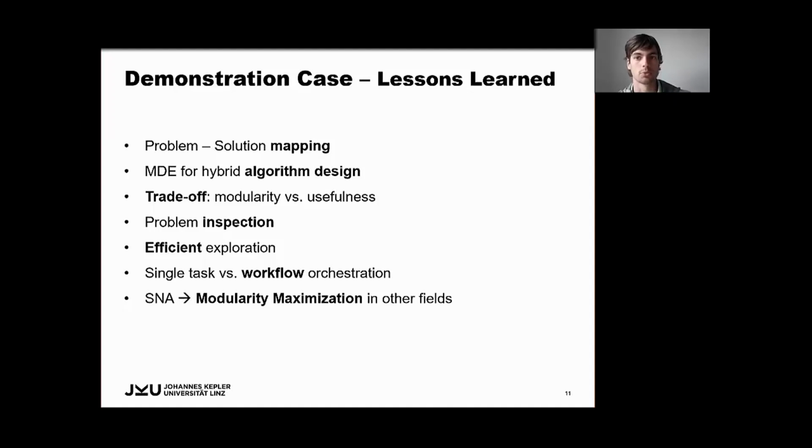The second point deals with the question of how to model algorithms utilizing quantum elements if none is available for the problem of interest. And if a new algorithm has to be designed, one has to consider a potential trade-off. Shall the algorithm be more generic and modular, or shall it be more specific and useful for the particular problem? A possible solution here would be to replace the generic parts of an algorithm with the specific ones based on the knowledge about the problem and the backend, in the sense of using refinement models.